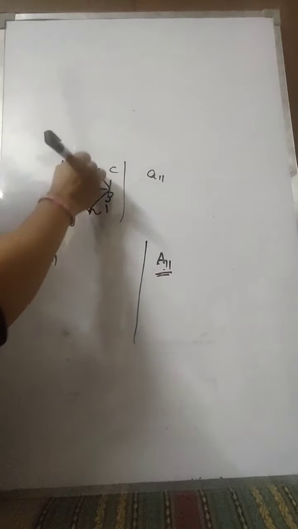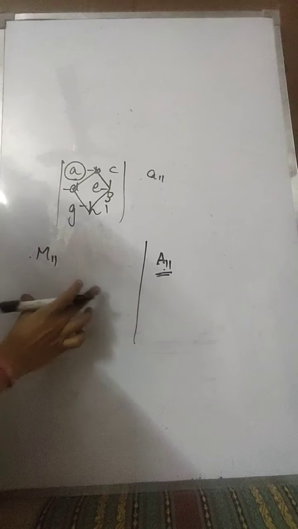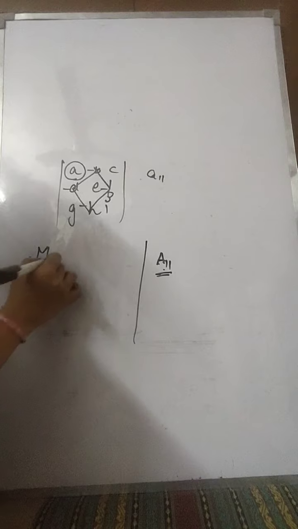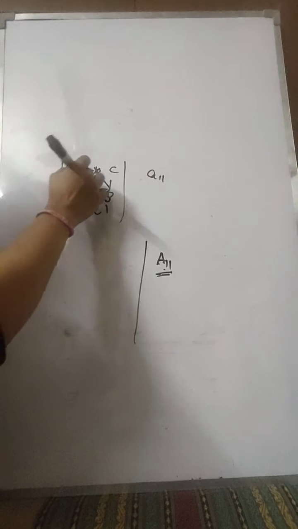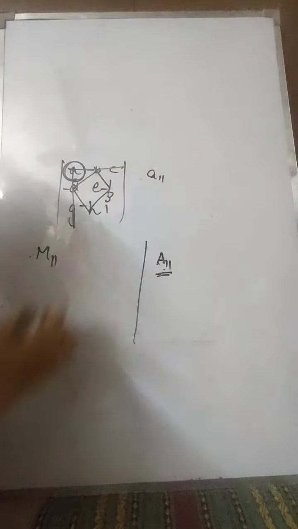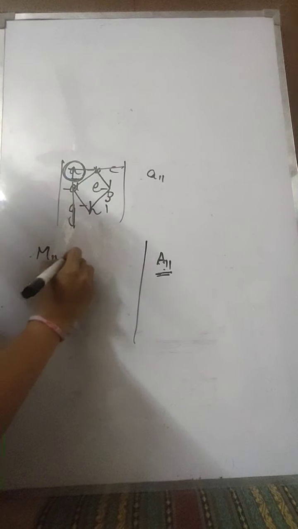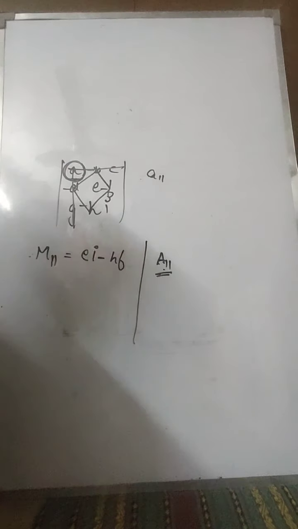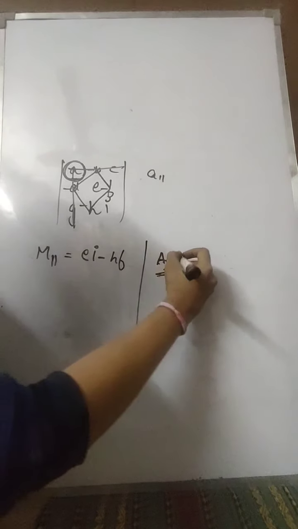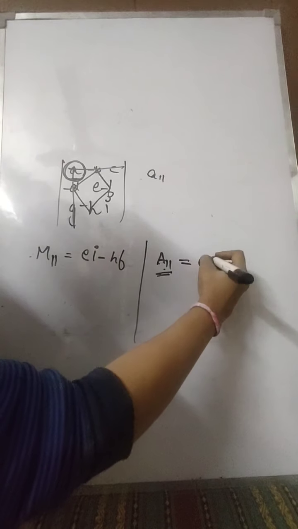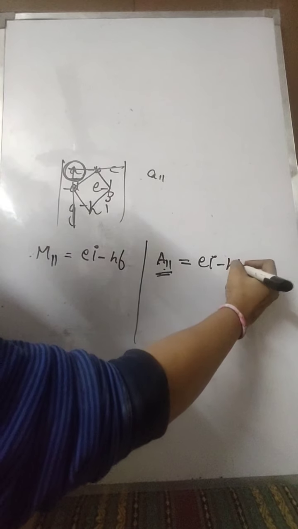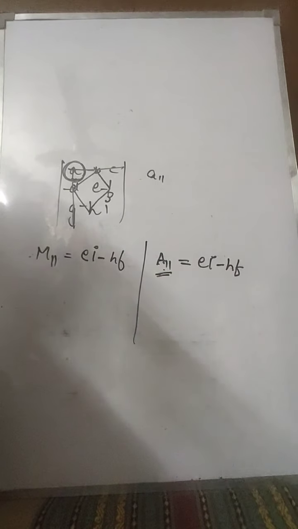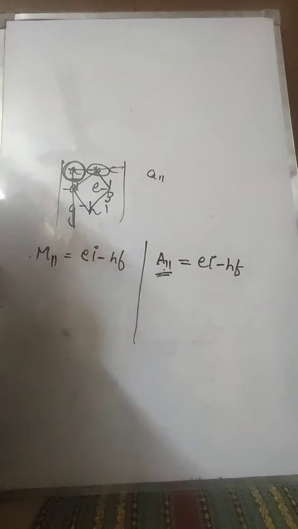So first I will calculate M11 and you will understand what is the major difference. For A11 you will not understand, but I'll do it with this negative one so that you get to understand how we calculate it. Now taking A11, eliminate the row and the column. You will not take this A. So what you will do is E into I minus H into F. So this will be my minor, and the cofactor will again be E into I minus H into F. So this is the same value. So what is the difference? You will understand when we calculate the second one.